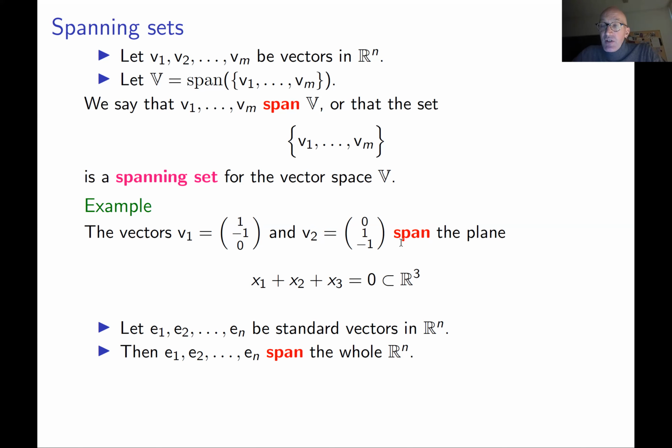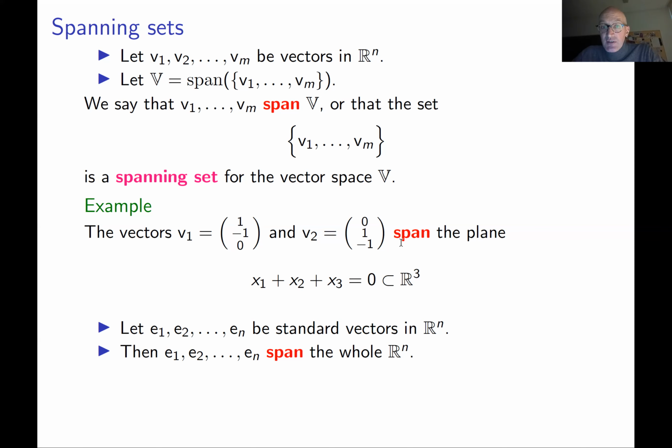These are vectors with coordinates 1, 0, 0, 0, 0, 1, 0, 0, 0, and so on. Basically, vector E1 is a vector whose first coordinate is 1, and the remaining coordinates are 0. Vector E2 is a vector whose first entry is 0, second entry is 1, and the remaining entries are 0, and so on. So En is a vector whose entries except the last one are all zeros. These are called standard vectors in R^n.